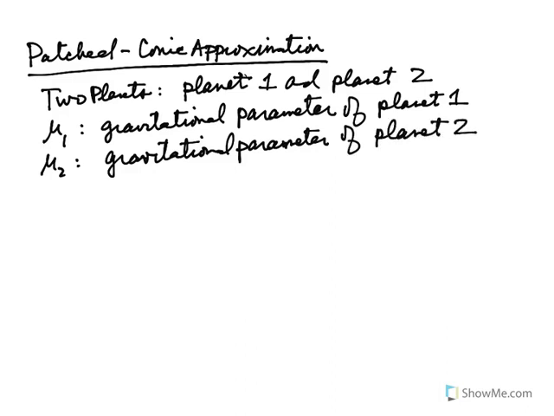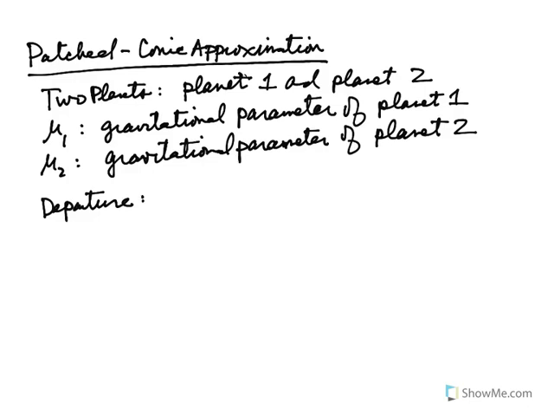Now, this is how we're going to do this. First we're going to talk about escape, and then we're going to talk about capture. We're going to talk about departure and then arrival. So let's first talk about planetary departure. And this is where the patched conic comes into effect, which is that we essentially are patching together conics. So let's think about what this means. On the departure,